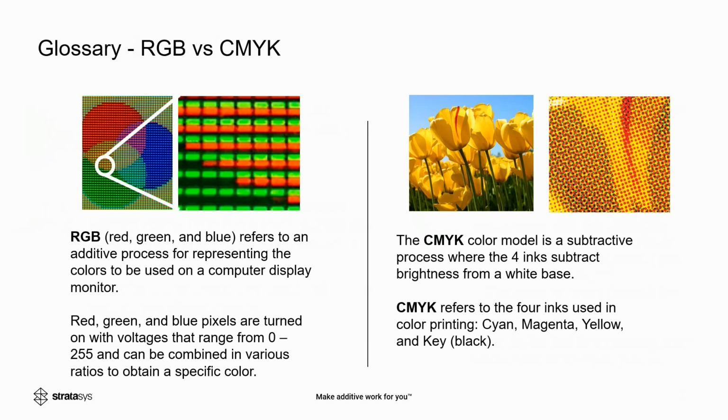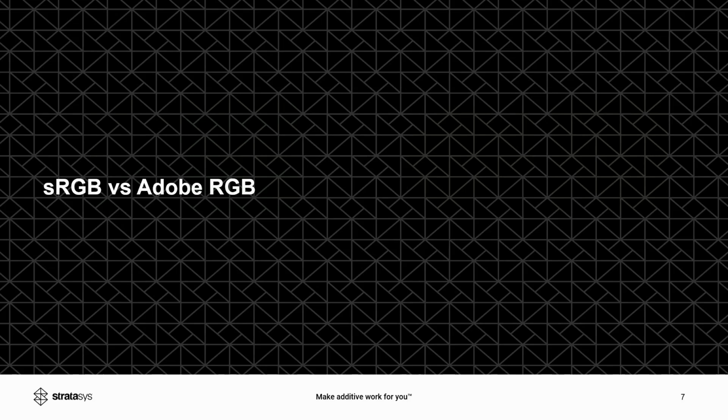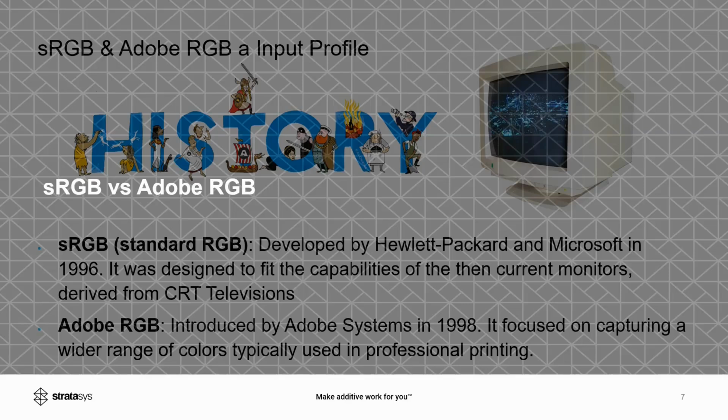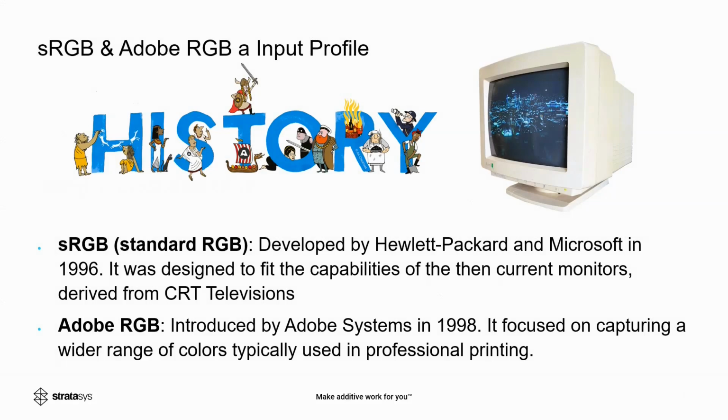underneath in the 2D world, and here the different drops of pigment are positioned relative to each other, next to each other, overlaying each other in different proportions to obtain the colors that you want. So let's move on to talk specifically about RGB and Adobe RGB, and that's really the main topic of today's